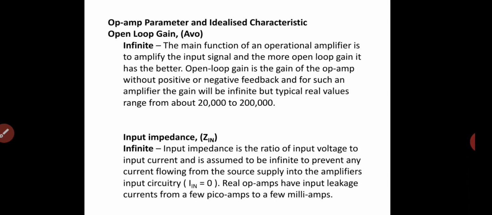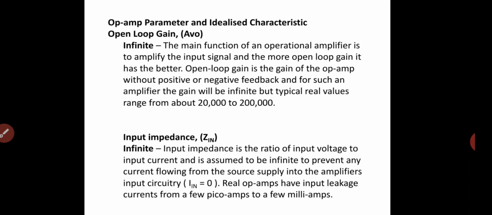So there are different types of parameters for these operational amplifiers. First is open loop gain. What is open loop gain? A main function of an operational amplifier is amplifying the input signal, and the more open loop gain it has, the better. Open loop gain is the gain of the op-amp without positive or negative feedback, and for such an